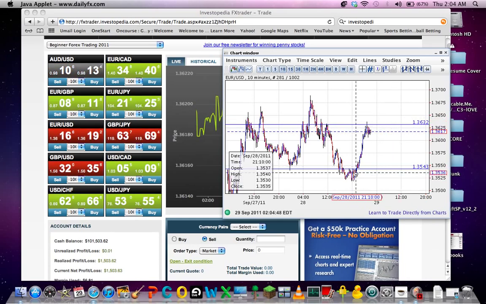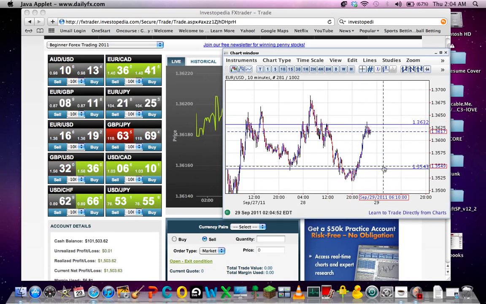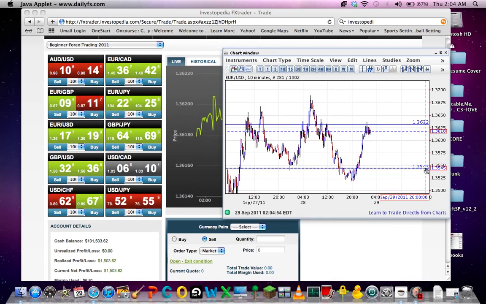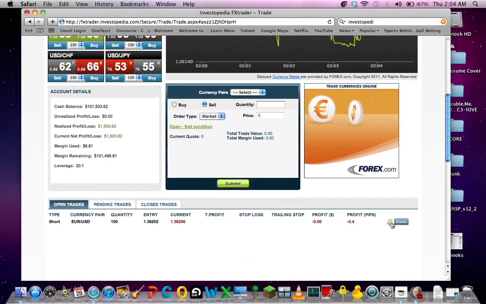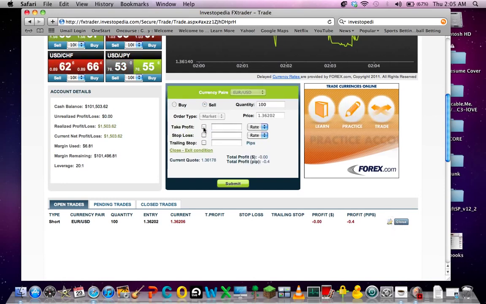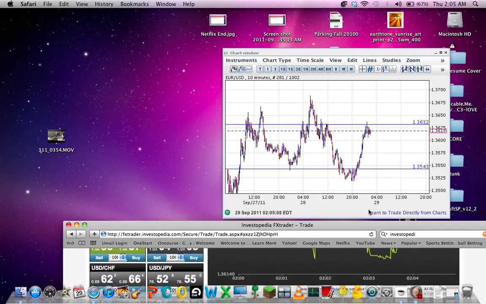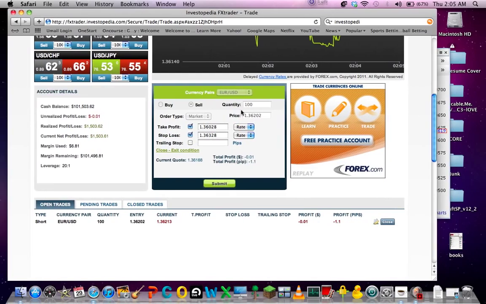So first let's put in our take profit or our limit order. So 1.3543, that's where we're hoping it would go. So the currency goes in here, down here, and we're going to add a condition. So we're going to do take profit and a stop loss. So what we wanted at our take profit was 1.3543. So let's go ahead, 1.3543. And the stop loss was up at